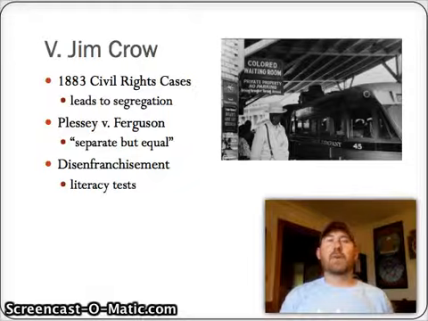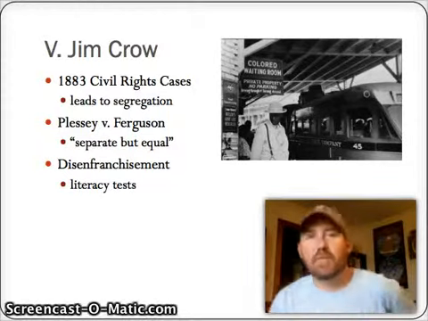So, for instance, we're talking about things like water fountains, railroad cars, restaurants, whatever it is. As long as they're separate but equal, they are okay according to national law. Now, we all know that's not going to be the case going down the line, but that's the way it's set up. And then out of Jim Crow laws comes disenfranchisement for African American voters,